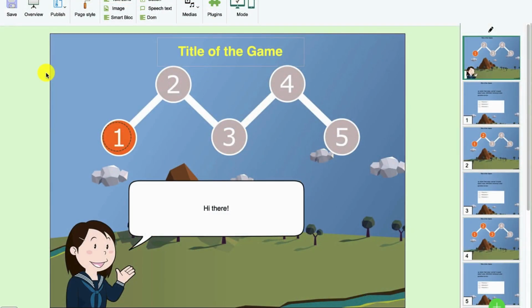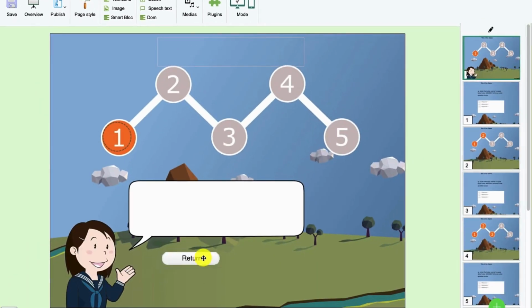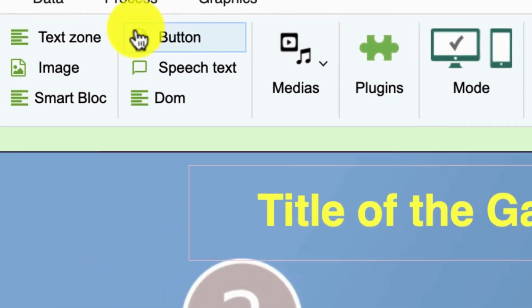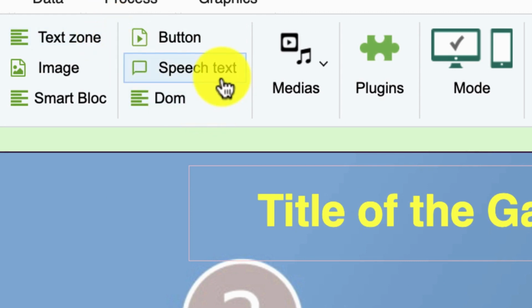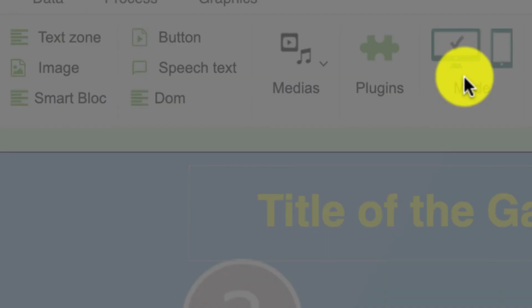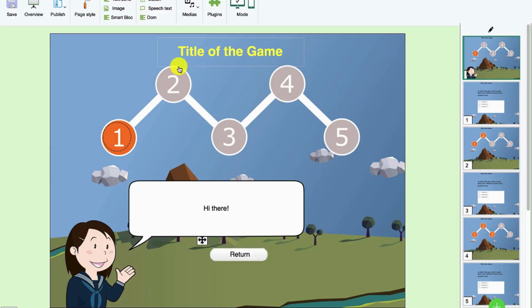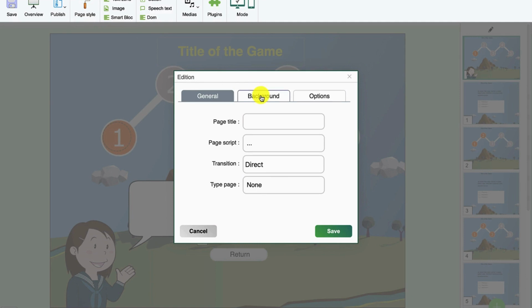So as you can see, it is pretty similar to the other authoring tools. We have buttons here, which we can update, which we can change. We have text, speech text, and we can also add media, and we can look at the modes. We can change the page slides,